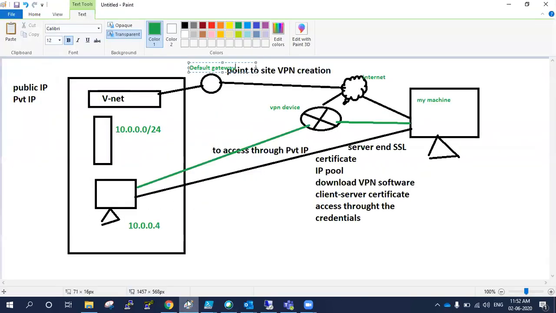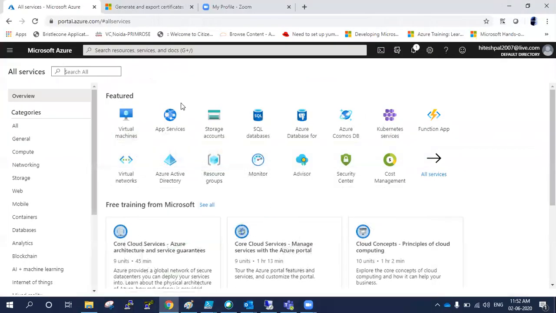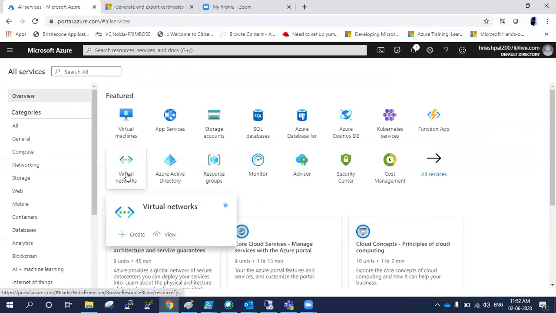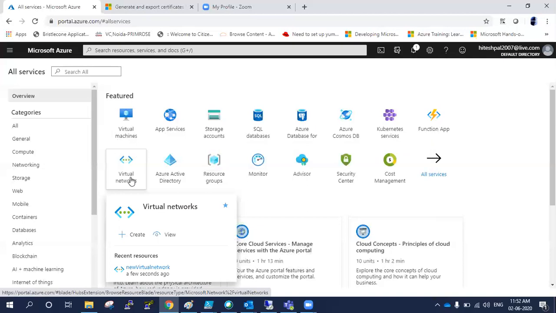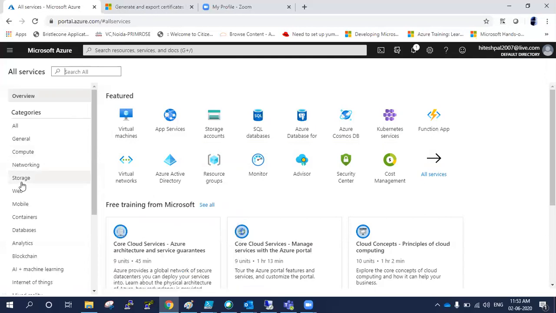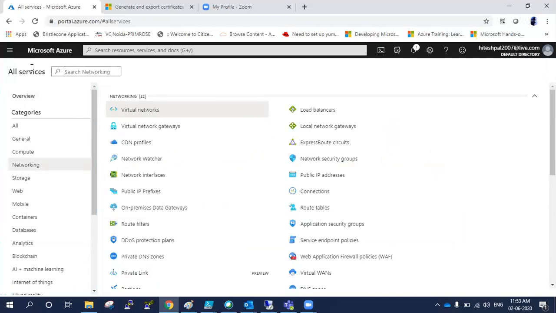Now I'm going to create this VPN device. So before the VPN device, I need to create a virtual network gateway. Where is the services? Yeah, all services are here.